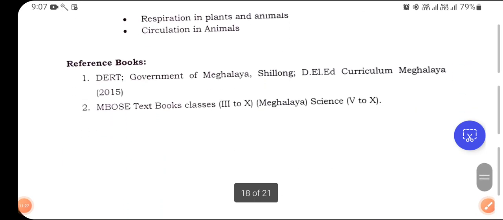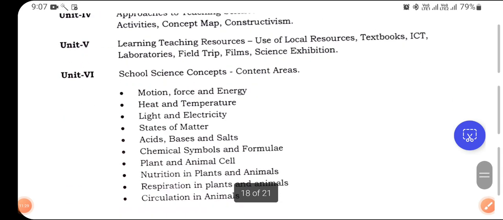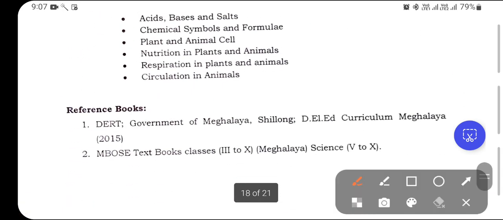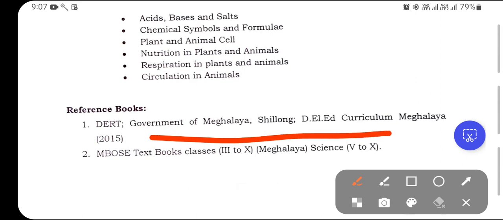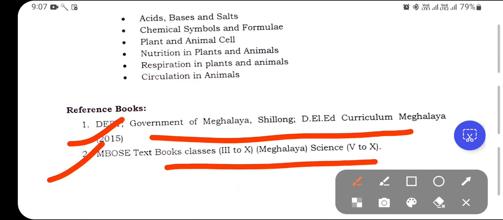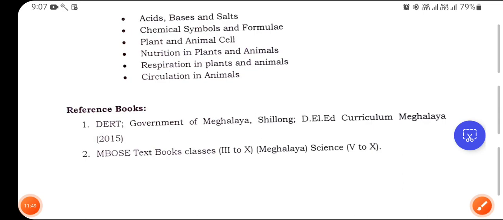Now reference books: for the pedagogy section, you have to refer to DIET, Government of Meghalaya Student Curriculum 2015 manual, and for MBOSE you have to study, this is for maths I guess, classes 3 to 10, and for science 5 to 10.